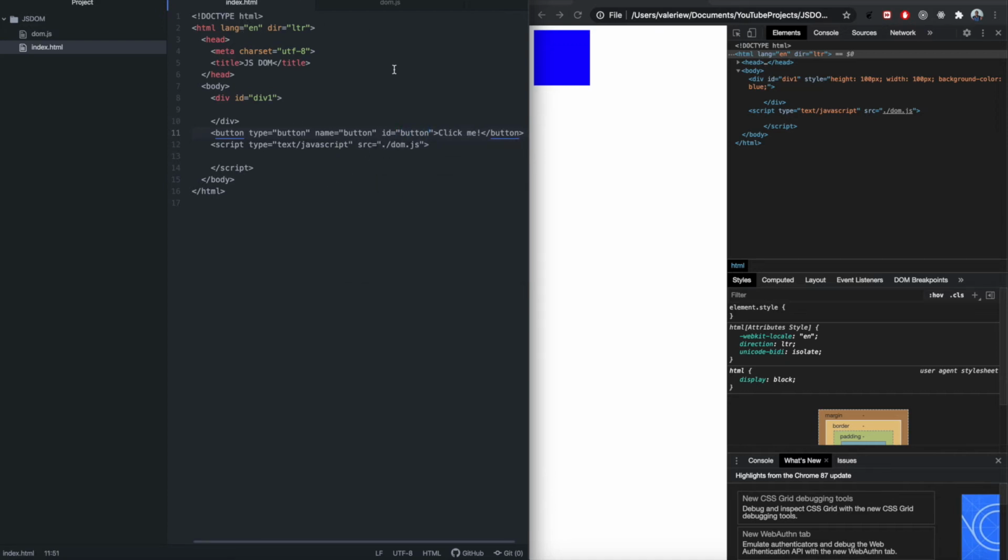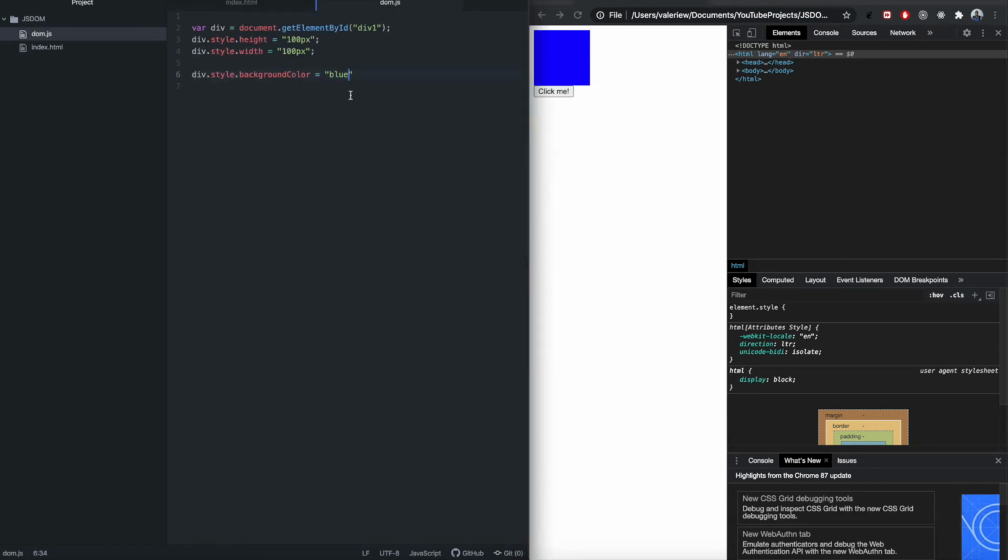And once we've created this button, I'll just quickly refresh to make sure that button appears. We have a button here. When we click on it, it's not going to do anything immediately because we haven't actually given it anything to do. So we're going to go into our JavaScript file and we're going to set it up with some event